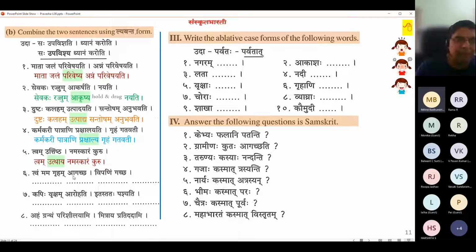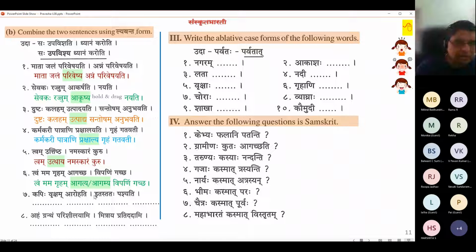Agatya, agamya. Both are possible. Tvam mama griham agatya. Vipanim gaccha. Okay. So come to my home first and then go to the shop. Vipani is shop. Apanikaha, apanam, vipani. Apana is used somehow in Laukika Rudi. Apanam is used for one shop and vipani, sometimes they use it for a collection of shops. I have seen something like that. But finally it is shop.